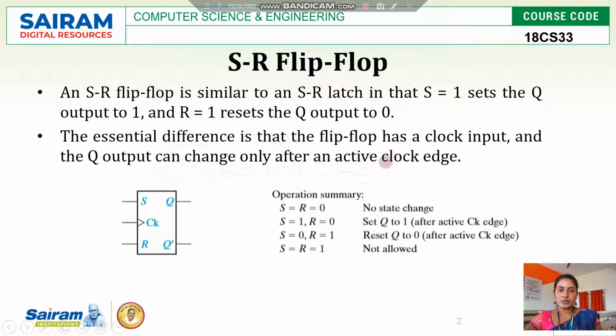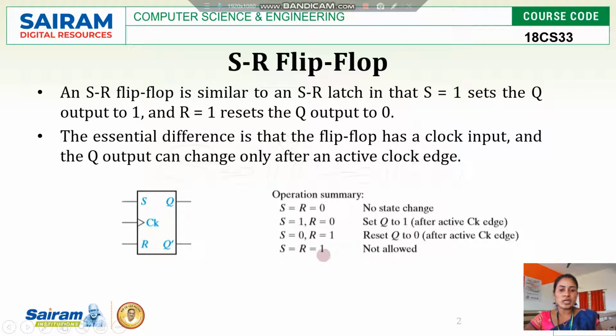This is the truth table. Whenever both S and R are 0 and 0, your current state output will be the previous state. There is no new change. If previous state is 0, output is 0, previous state is 1, output is 1. Whenever S is 1 and R is 0, your output will set. Whenever S is 0 and R is 1, your output will reset, that is Q will be 0.